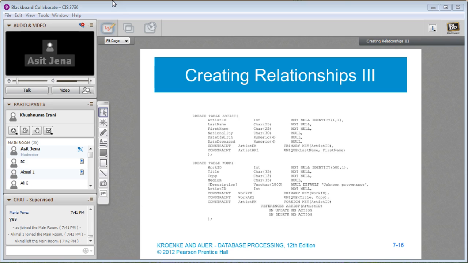So the constraints are basically saying that there are 2 constraints, artist PK and artist AK1. The first, artist PK, is nothing but a constraint which says that the primary key is artist ID. Similarly, the second one says the last name and first name has to be unique.